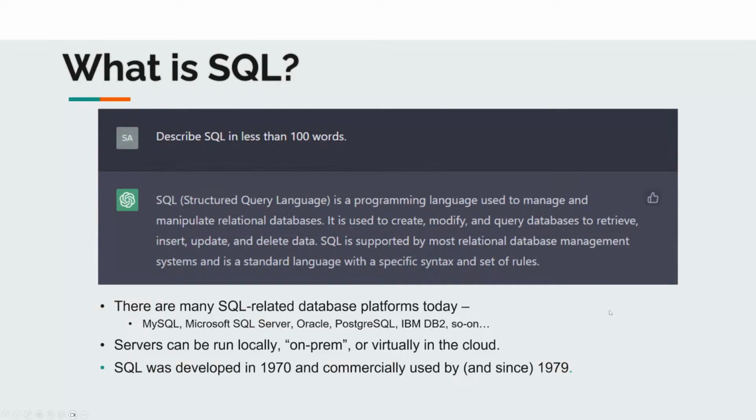So structured query language, what is it? In less than 100 words, you say it's a programming language used to manage and manipulate relational databases, used to create, modify, and query databases to retrieve, insert, update, and delete data. And SQL is supported by most relational database management systems as a standard language with a specific syntax and set of